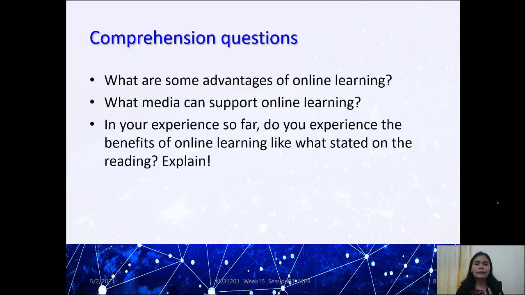After you check the reading text that we have for today, I want you to have a look at the comprehension questions. There are 3 that I'm providing over here. The first one is, what are some advantages of online learning? And then, what media can support online learning? And in your experience so far during these 2 semesters, do you experience the benefit of online learning